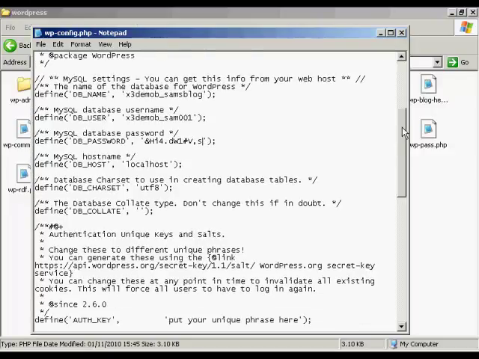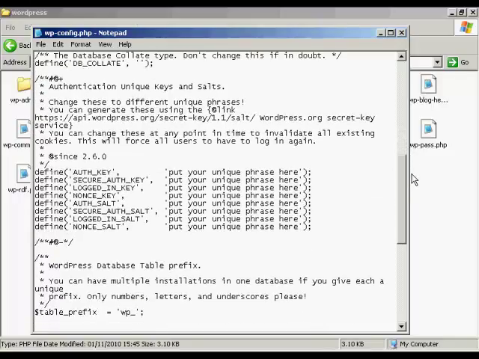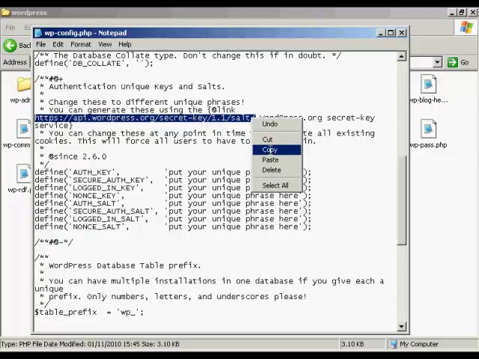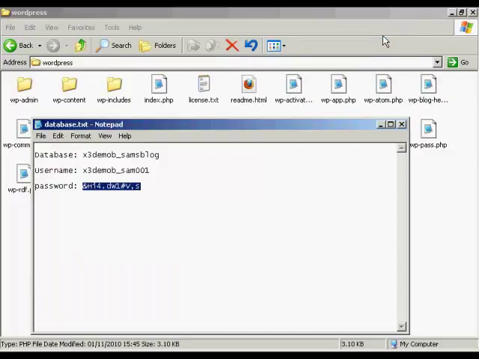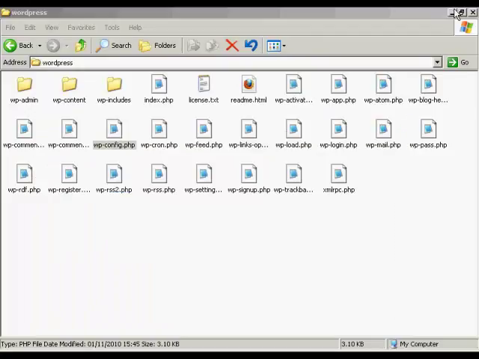Okay, next thing to do is to put in these authentication keys and so on. Now, there is a quick way of doing this, and this is to generate your own phrases at this link here. So if I just copy and then right click, copy that, and now I just need to close that one now, I need to open up